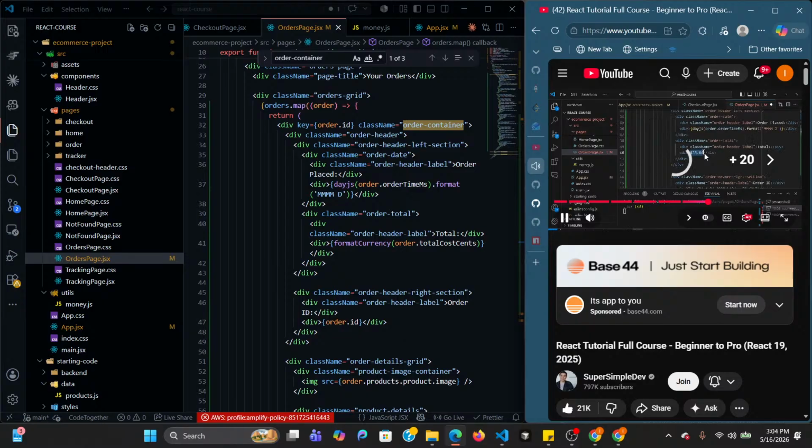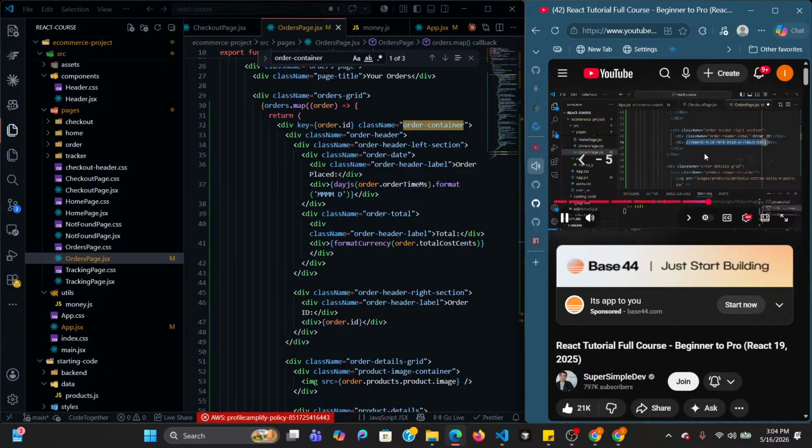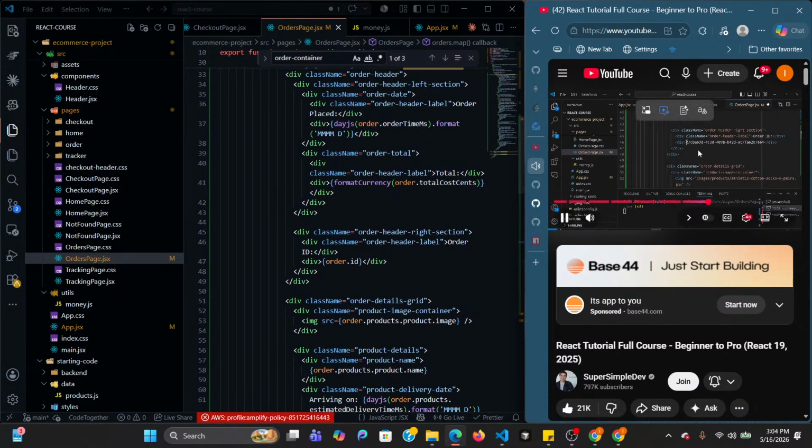Scroll back. We're going to remove this and the brackets order dot total. I'm going to replace this cost cents. We'll scroll down, and here we're going to replace this